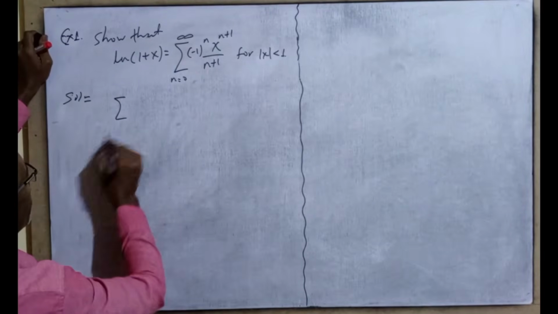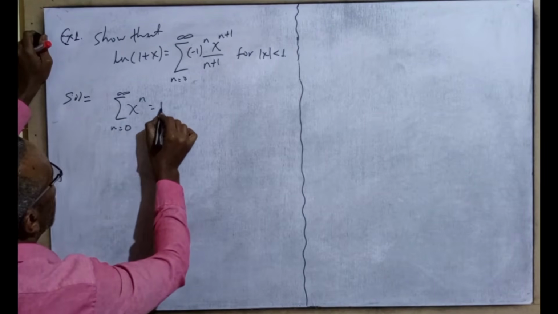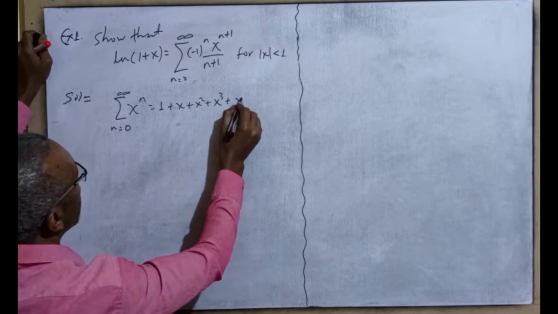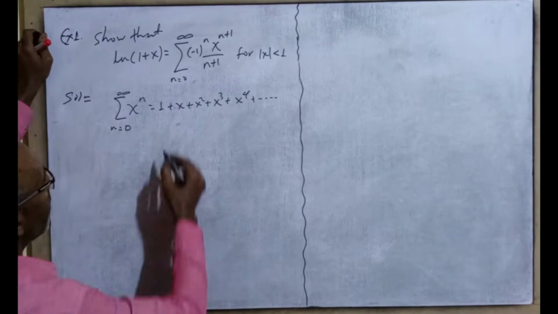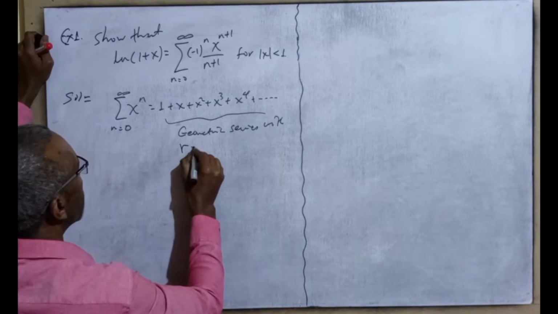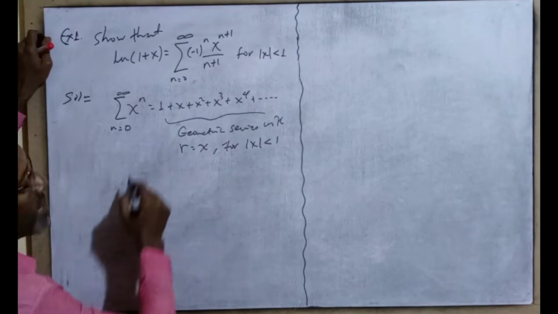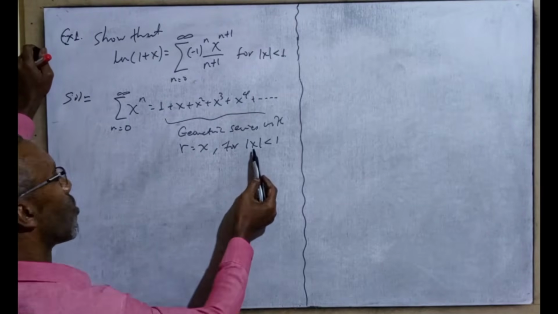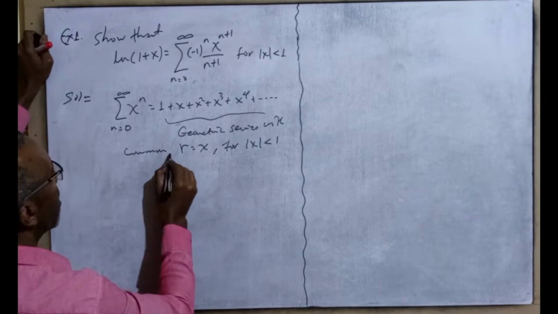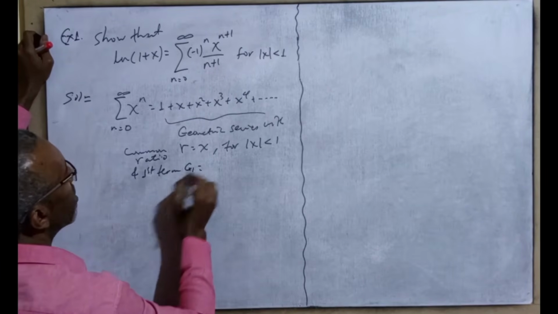ለምሳሌ the sum of x raised to n ማለት n from 0 to positive infinity ማለት ምን ማለት ነው 1 plus x plus x square plus x raised to 3 plus x raised to 4 plus እያለ ይሄዳል ማለት ነው. ይሄ ምንድነው geometric series ማለት ነው geometric series with r is equal to x ማለት ነው for absolute value of x less than 1 የዚህ radius of convergence እንፈልግ for absolute value of x less than 1 ነው የሚለው interval of convergence with common ratio r is equal to x and first term g1 ስንት ይሆናል ማለት ነው 1 ማለት